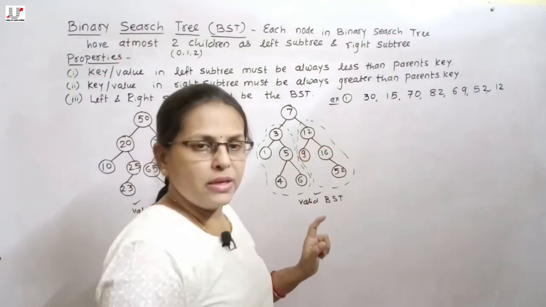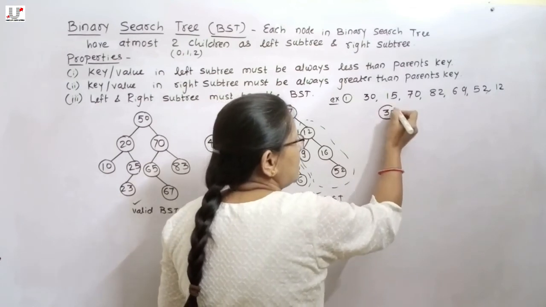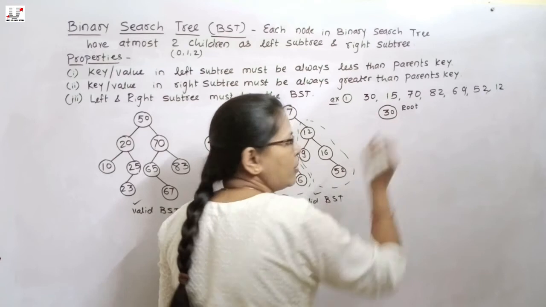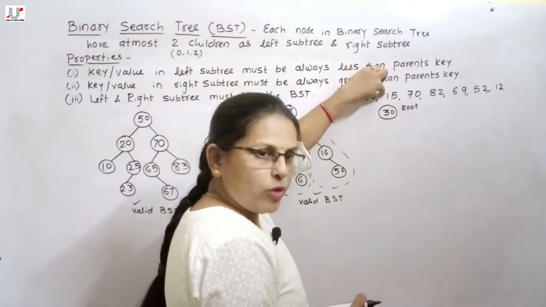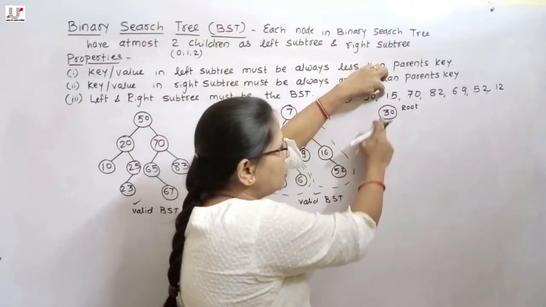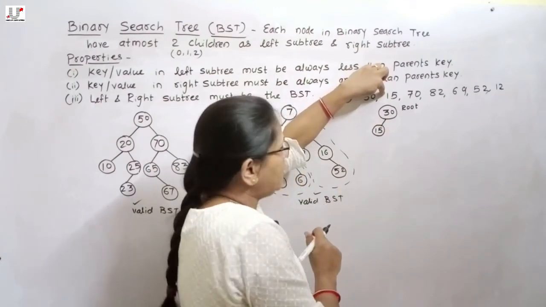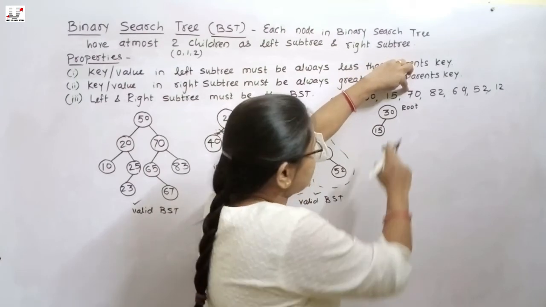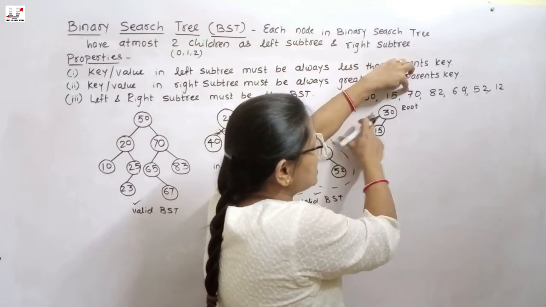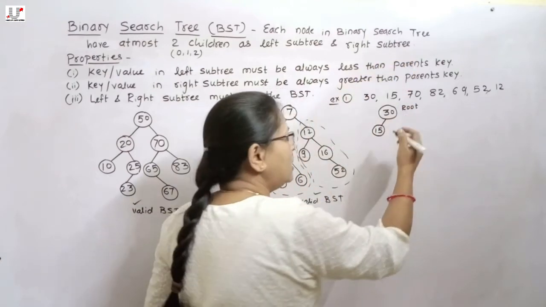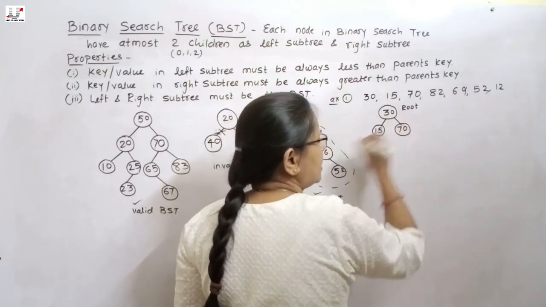As initially the binary search tree is empty, the first node is considered the root node. So here 30 becomes the new root. Then the next element is 15. 15 gets compared with 30, and as it is smaller than 30, it gets added to the left subtree. Then the next element is 70. 70 gets compared with the root node 30 first, and as 70 is greater than 30 and no right child is present, 70 gets added to the right subtree of 30.